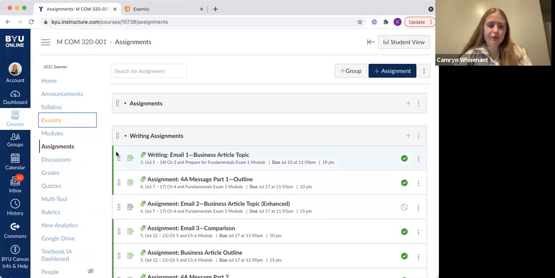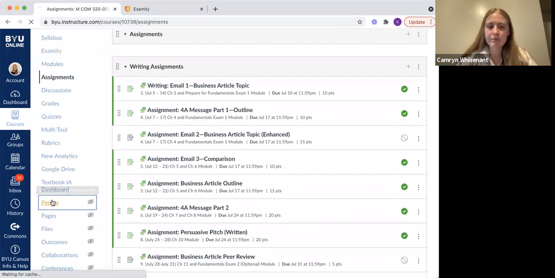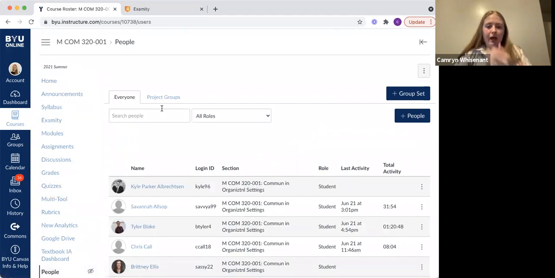Going back to the course, the last thing I wanted to show you that I think is really valuable, I guess there's a couple more things, but the first one is how to make your groups. So for your team project, you will have to pick groups that you do it in. And we've made it super easy so that if you just go to people and then go to project groups,